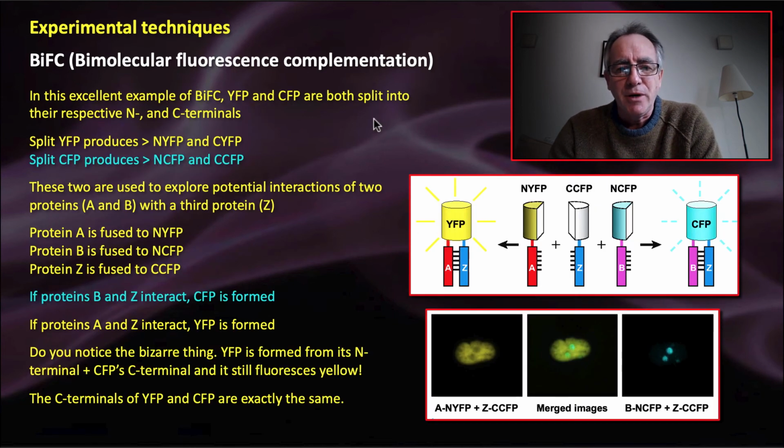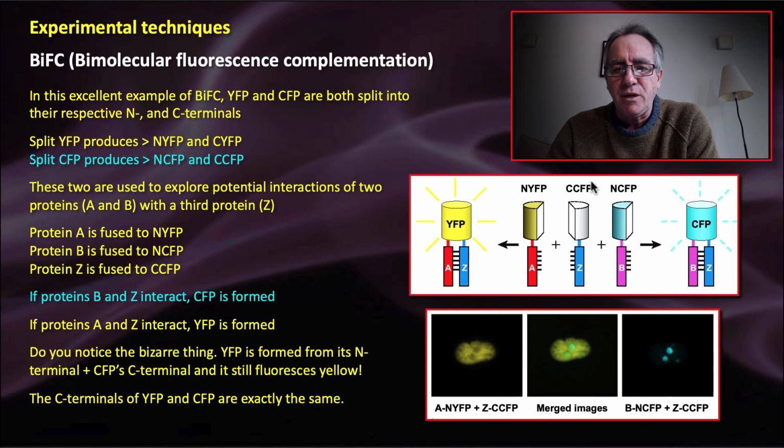Here's a real-life example of a very, very cool BiFC experiment that goes a little bit beyond what I've explained to you. In this case, they're expressing three things inside of the cell: the N-terminal domain of YFP, the front half of the protein, the C-terminal domain of CFP, and the N-terminal domain of CFP. So, if proteins B and Z interact with each other, like has been done here, the